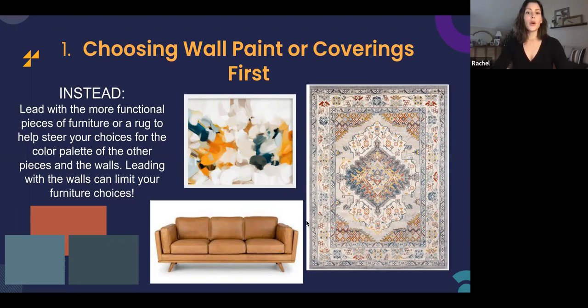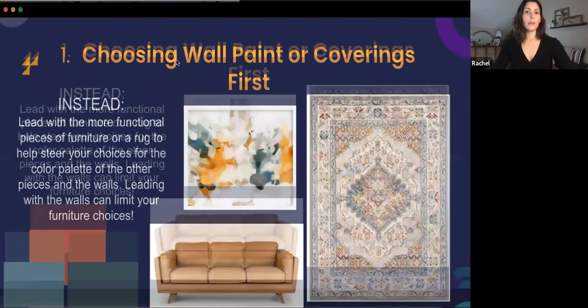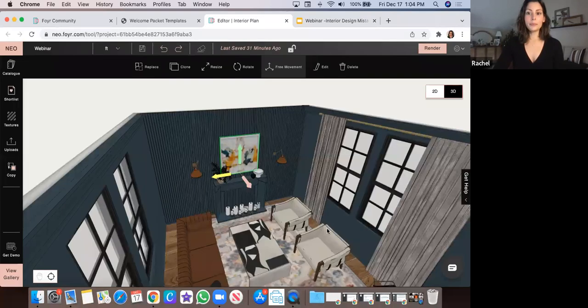Okay, so I came up with this sofa, which is one way of bringing orange into a space without it being like, you know, tangerine, is through leather. So a nice leather sofa, and then this artwork, which actually brings in pretty much every color from this rug, and then some Farrow and Ball paint color options and a nice red accent. So let me pull up this project.